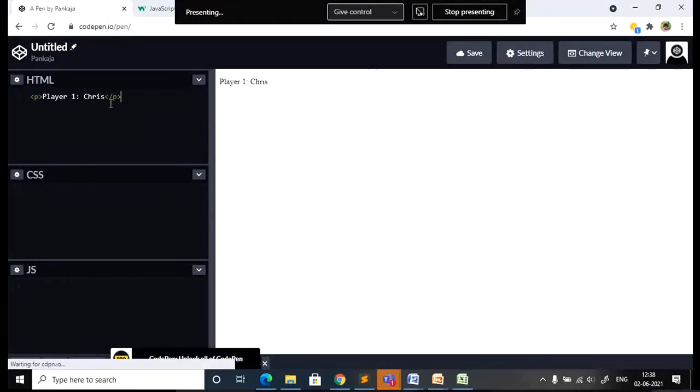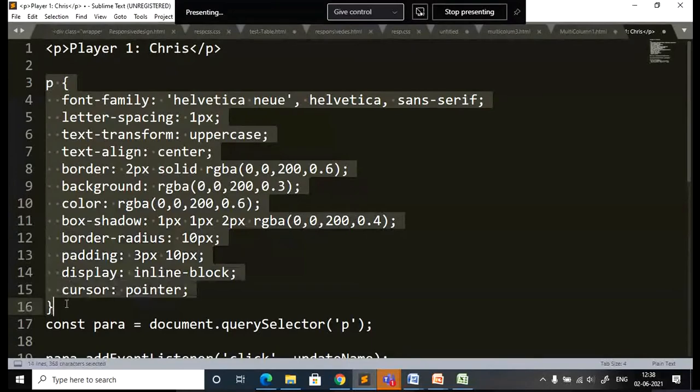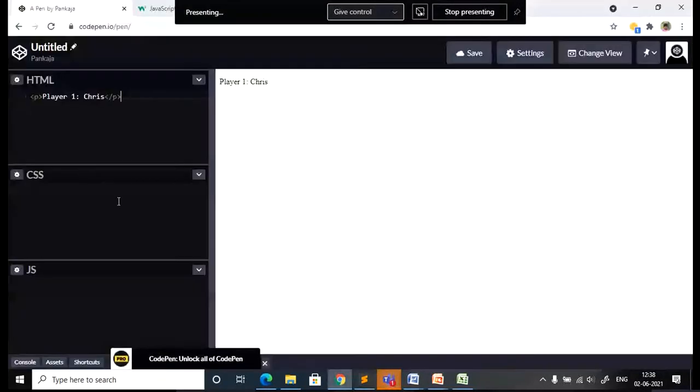Okay, you just observe. I have just put in HTML code, so I got the text that is written in a paragraph. Let me apply some style for this using CSS. Some changes I have made to whatever content is put in the paragraph tag.